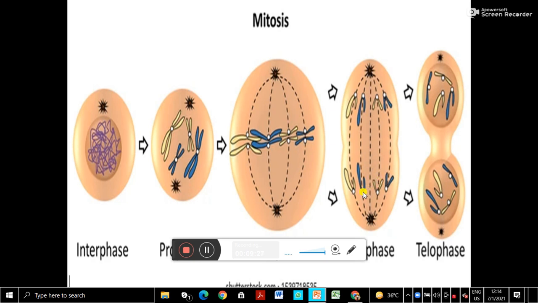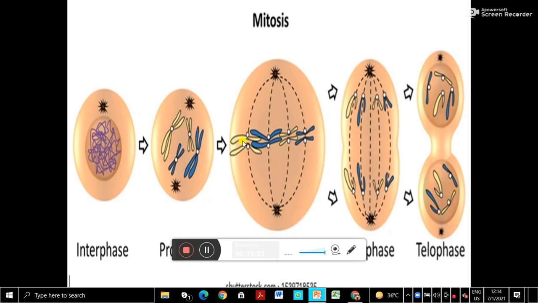See, in the anaphase, what is happening is a very important change. That is, the centromere is splitting. Actually it begins in the late metaphase itself. So the centromere splits. So these 2 chromatids are separated, and the 2 chromatids are now in the anaphase moving towards the poles. Okay, the centriole sends spindle fibers, so the spindle fibers are pulling the chromatids to each pole.